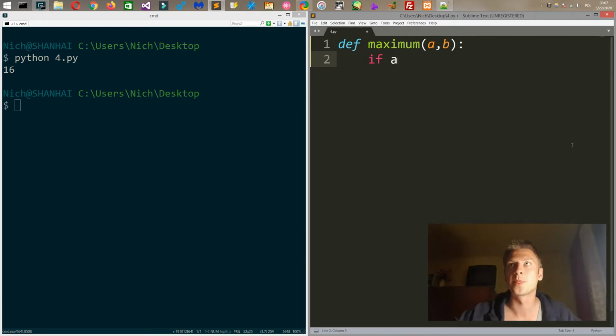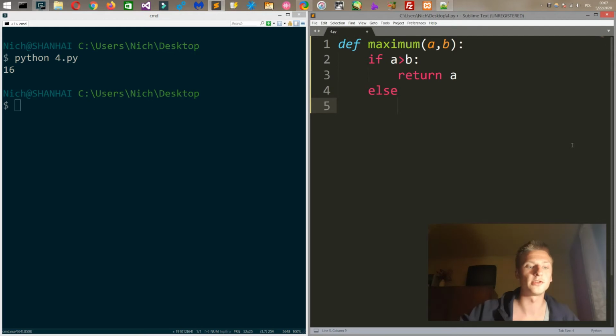So if a is bigger than b, and we need to give a colon as well, because of the rules in Python like that. So return a in lowercase,